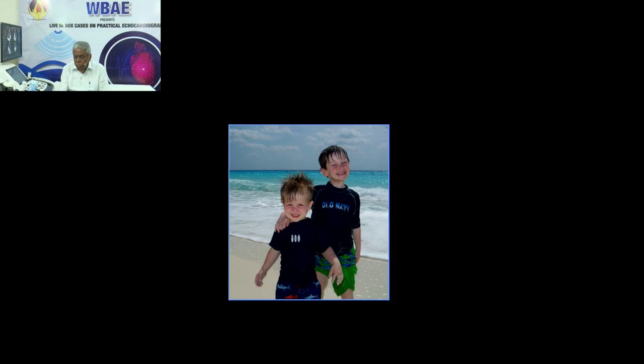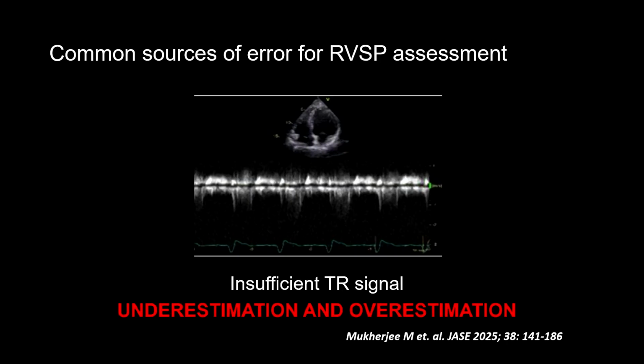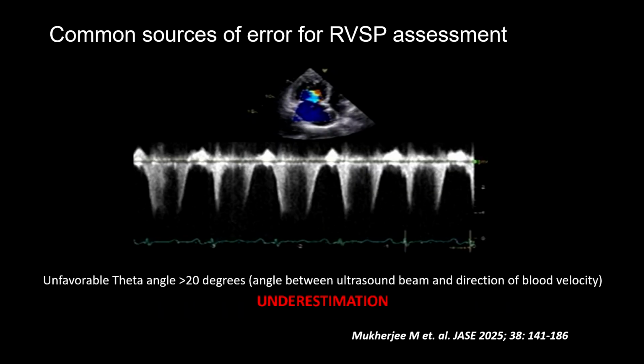This is the reason why the TR velocity is often misread, because we have to measure the height of the TR velocity properly. We have to measure the beard, not the chin. The main cause of overestimating TR velocity is rich imagination, as shown in the left slide, or an overgained signal, both of which give an excessive TR gradient. Common sources of error in TR assessment is an insufficient TR signal, which can lead to either underestimation as well as overestimation, or